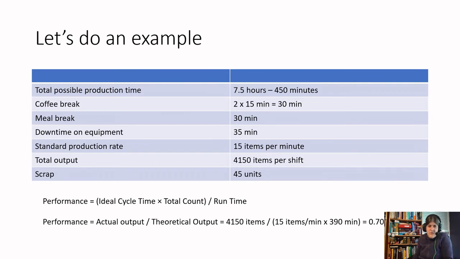Let's do an example for performance. So again, there's lots of different equations out there. I like to use performance equals actual output versus theoretical output. So in this case, our actual output was 4,150. And our standard production rate, if we had 15, so this would be our optimal theoretical output. So 15 items per minute times 390, that would be,